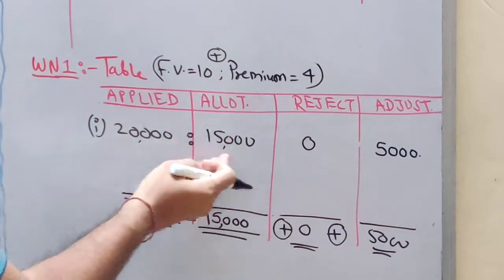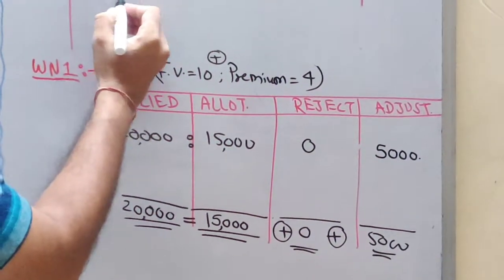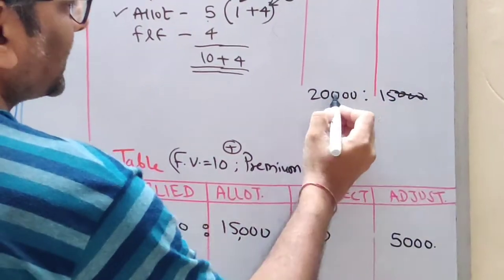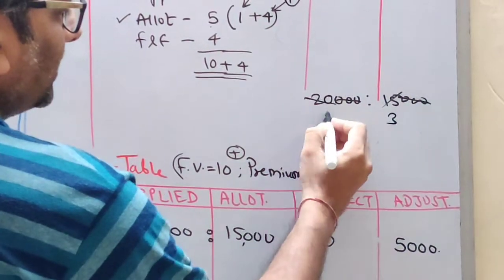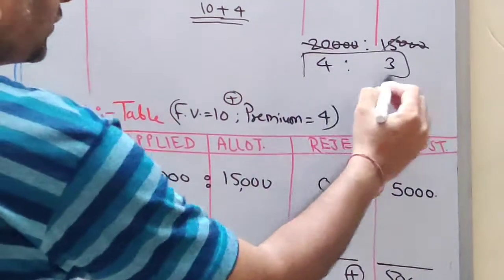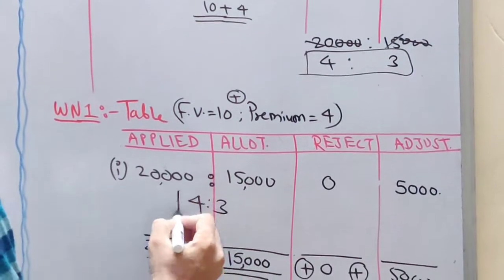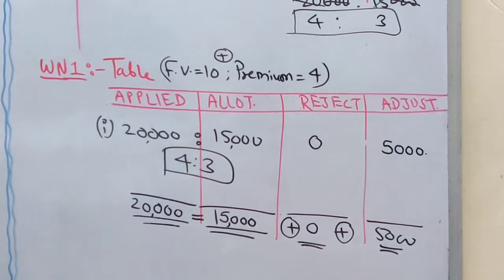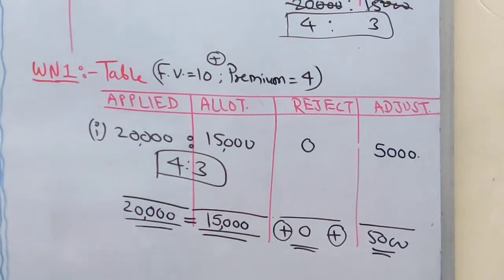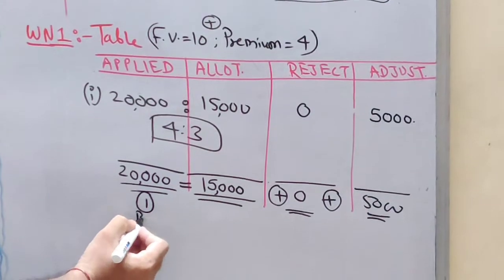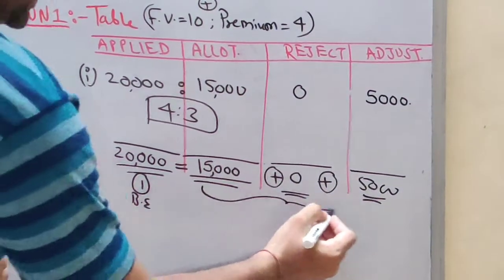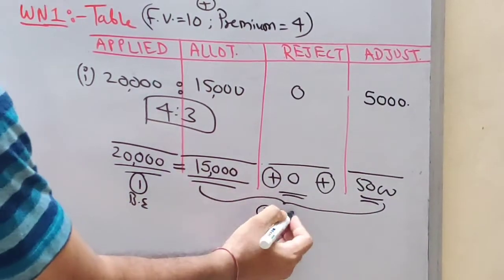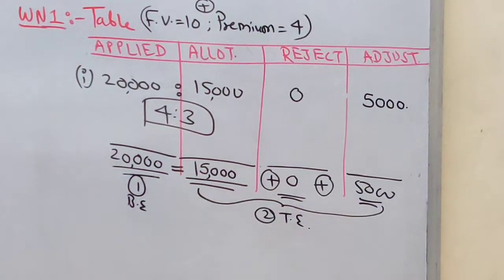So let's cancel it and get the ratio. What will be the ratio to cancel? I am doing a working note over here. 20,000 is to 15,000. 3 zeros cancel. 5 ka table: 3 fives are 15, 4 fives are 20. So your pro rata ratio is 4:3. So this table will also help you to get the pro rata ratio. This table will also help you to pass your first bank entry of application, and with the rest of the columns, you are going to pass your second entry, the transfer entry.